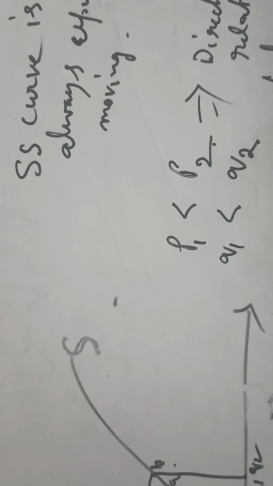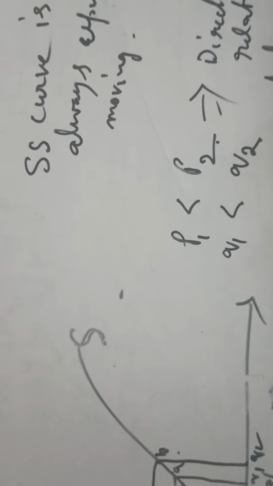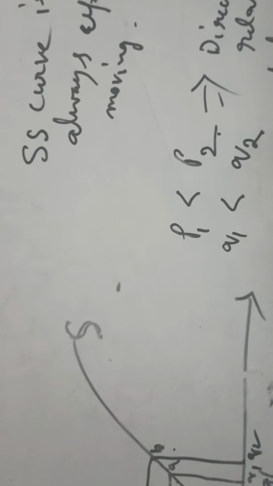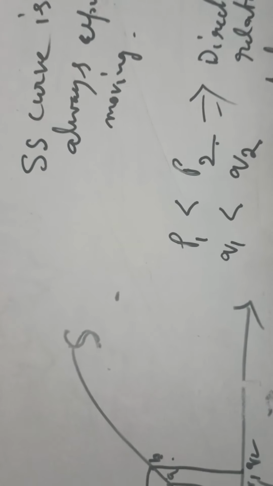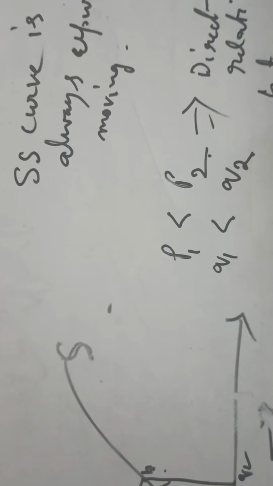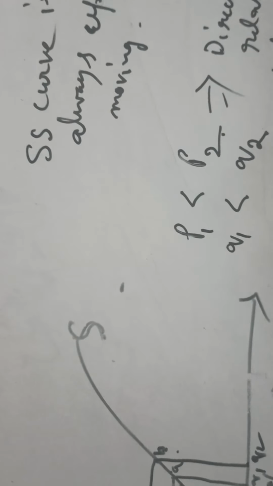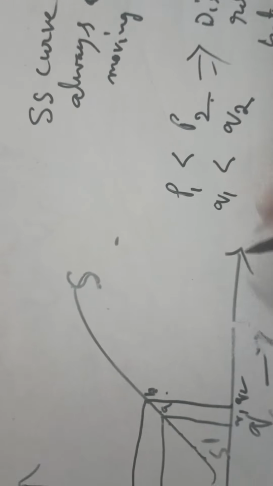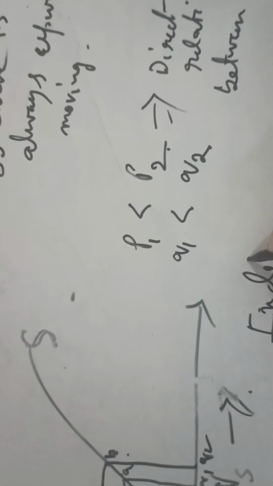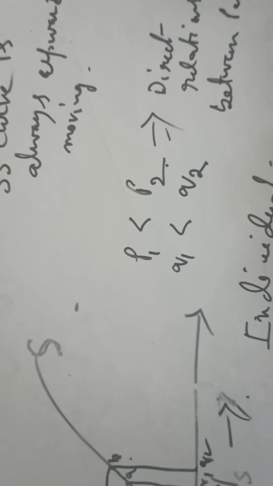As we get the supply schedule, we get the individual supply schedule and the market supply schedule. Similarly, we can also get two supply curves. One is the individual supply curve and the other is the market supply curve. The supply curve in the above figure is an individual supply curve. So how will the market supply curve be derived? By horizontal summation of all the individual supply curves.